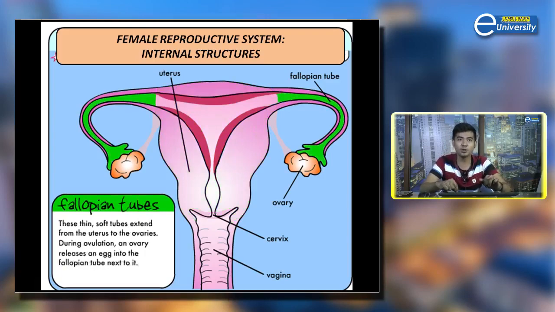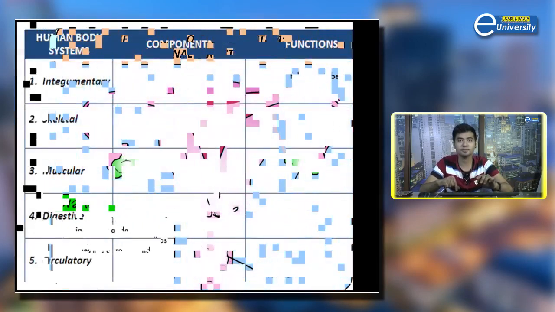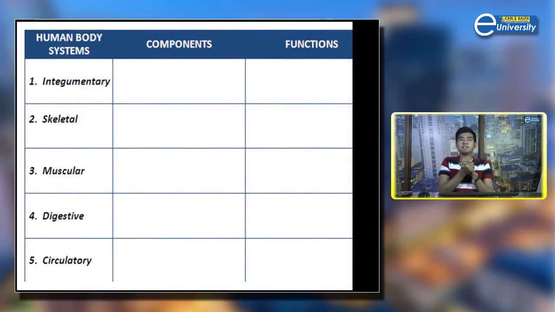We also have the fallopian tubes. These thin, soft tubes extend from the uterus to the ovaries. During ovulation, an ovary releases an egg into the fallopian tube next to it. And of course, we have the ovaries. The ovaries are located in the left and right lower abdomen, and they produce eggs as well as hormones like estrogen and progesterone. So to summarize our module entitled Human Anatomy and Physiology, I have a table comparing the components